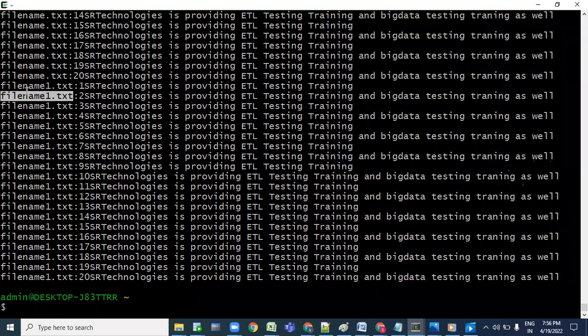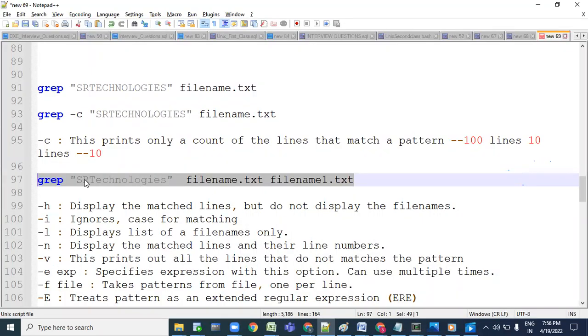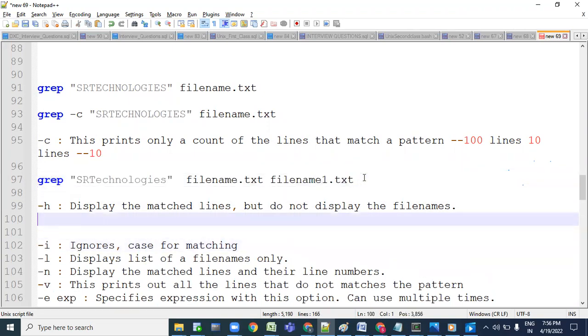I don't want to display the file name. I just want to see the output. How can I do that? Same thing, whatever command we have used, I'll go ahead and do it with